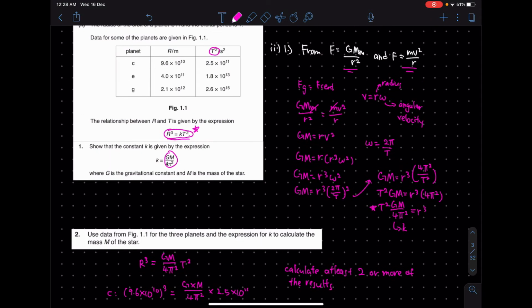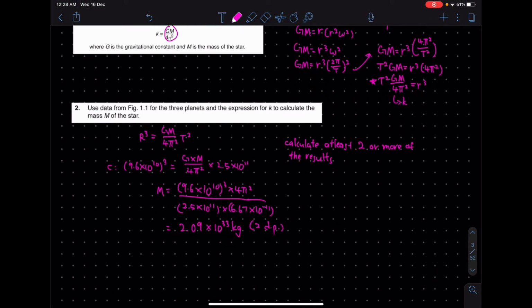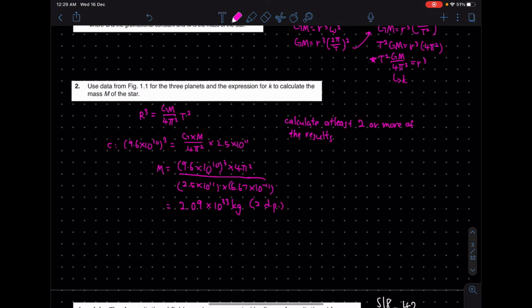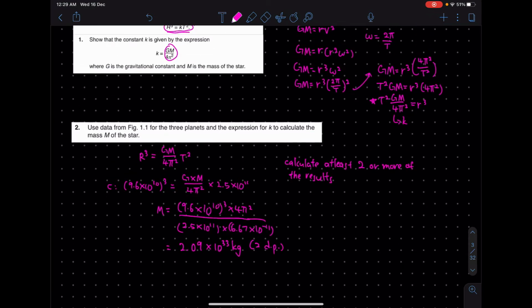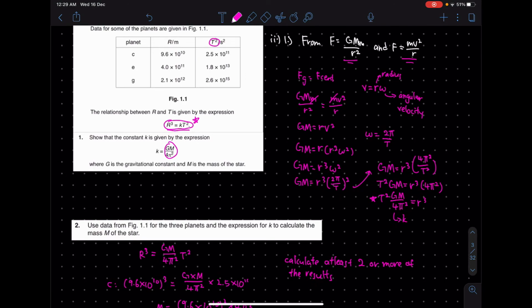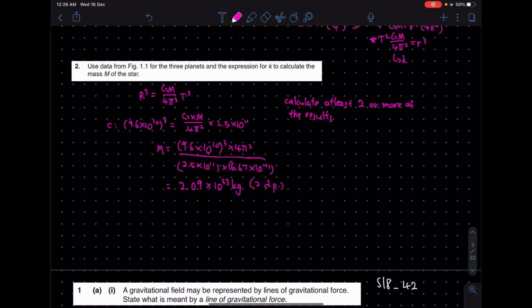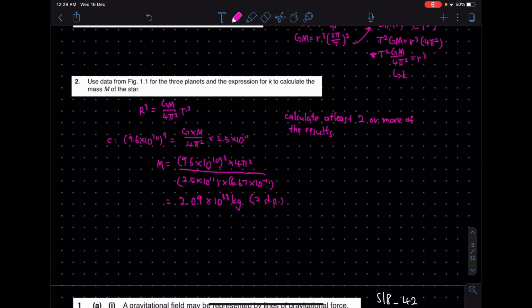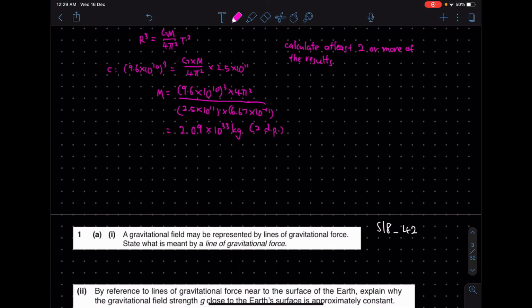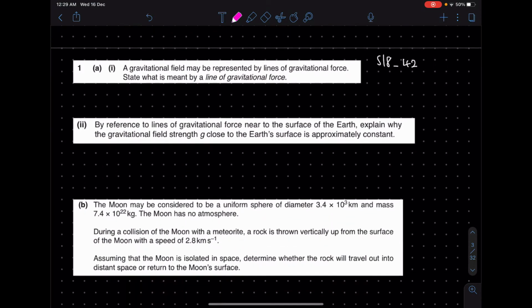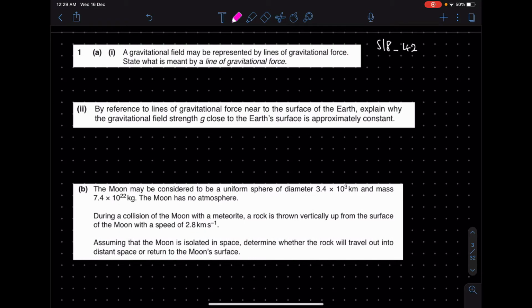Because if we have so many values and we only use one value and we determine the mass to be this only, then it will not be wise to just base our answers off of one result. So always remember to calculate more than one of the answers if it's something similar to this type of question. Okay, now I'll not calculate this. I'll repeat, I'll not calculate this because it's going to yield a similar answer, but remember that you have to do so. Alright, so moving on to the next question, we're still doing May-June 2018, but we're taking the second